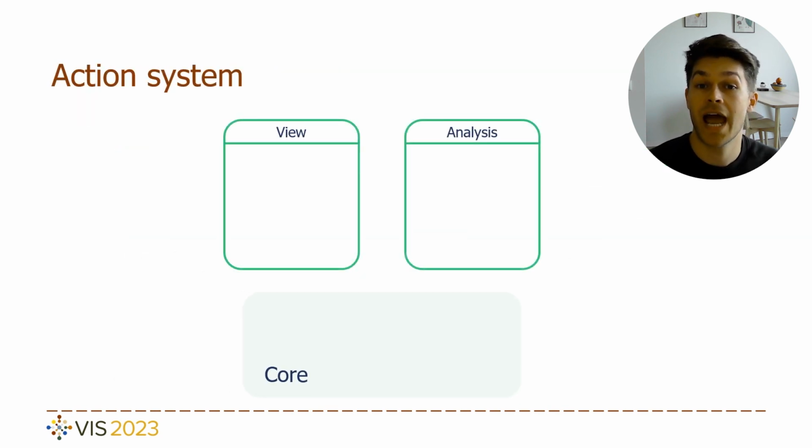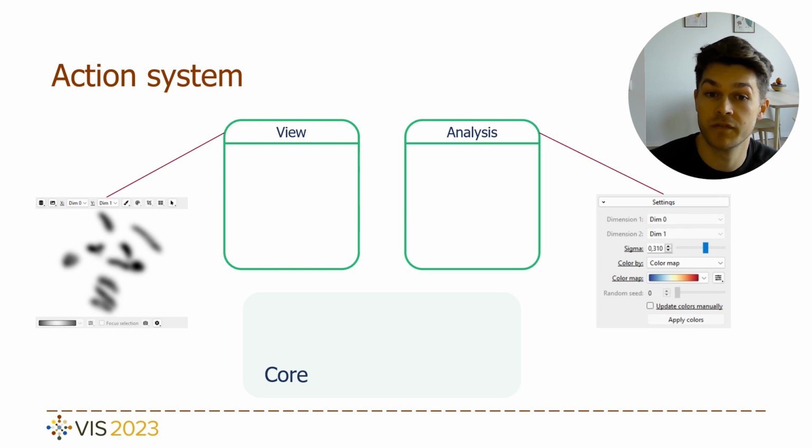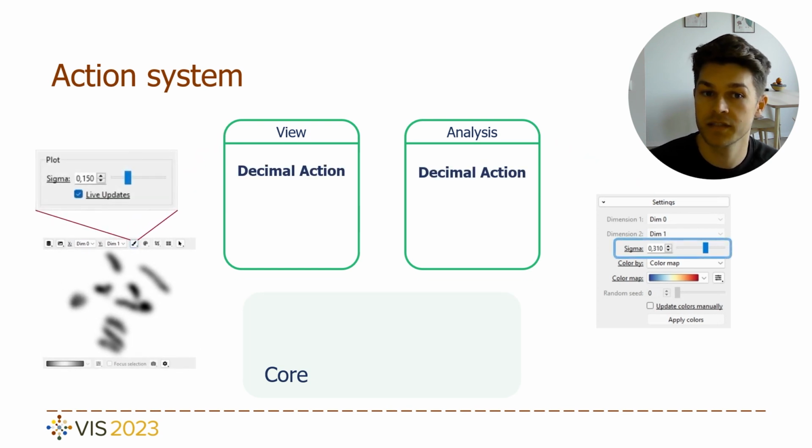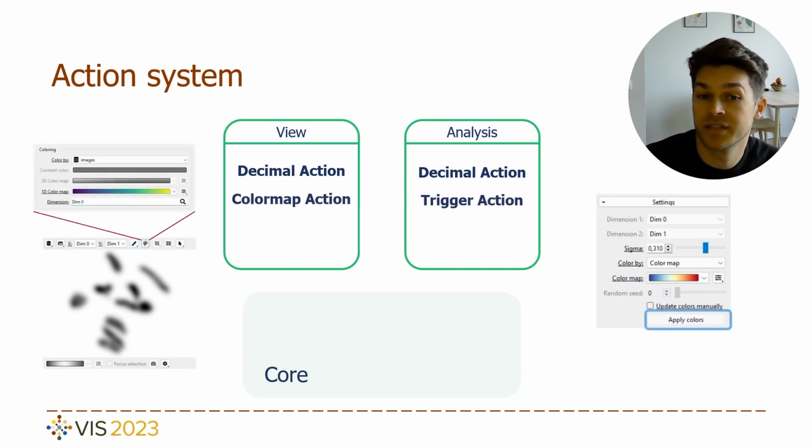Here we see an abstract representation of a common setup. We have a view and an analysis open, for example a density plot and a mean shift clustering. Both plugins use a GUI element of the same type, a decimal action: the density plot to adjust its view, and the clustering algorithm to steer its computation. Each plugin might come with a diverse set of other actions, but we can only link two actions of the